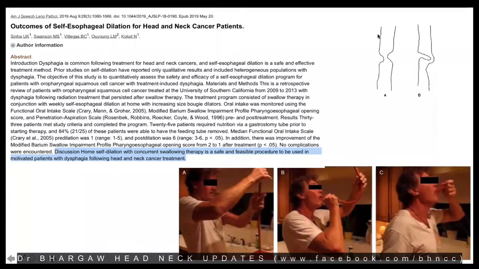If the stricture is an hourglass shape, they can try the dilators. But if there's a chink, or if it's a deviated type of stricture, deviated to one side, it's very difficult to put the dilator in. So this needs to be done under endoscopic guidance. So you need to assess, and I think once the patient is able to get hands on some kind of esophageal dilators, then we can propagate self-esophageal dilatation.